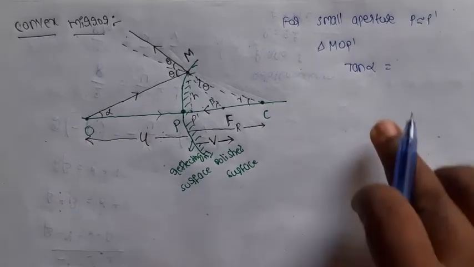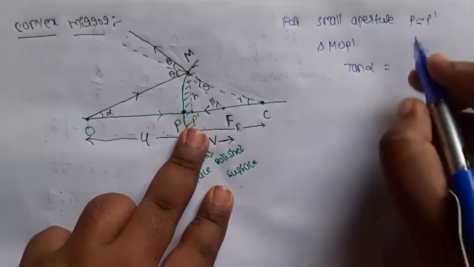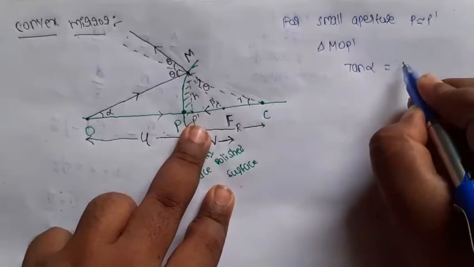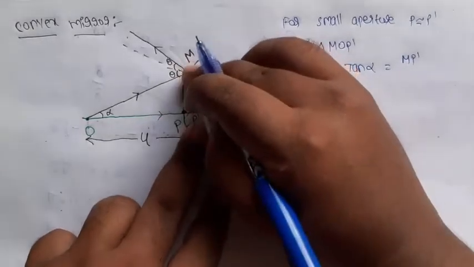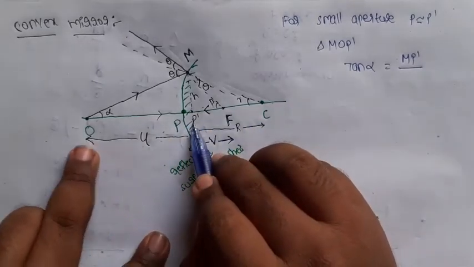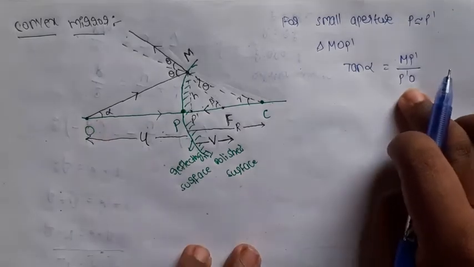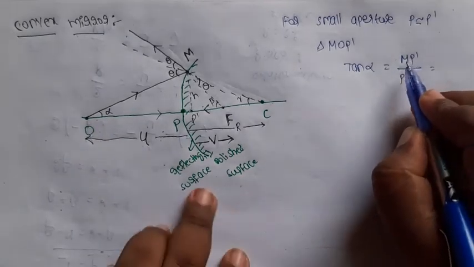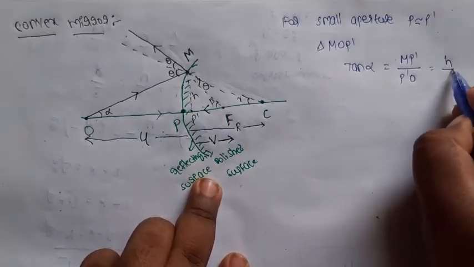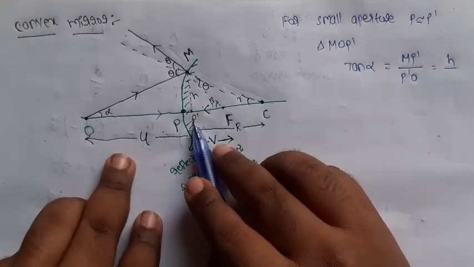What is the formula of tan theta? Opposite by adjacent side. So the opposite side is M to P dash. What about the adjacent side? P dash to O is the adjacent side. So M to P dash distance is H. P dash to O